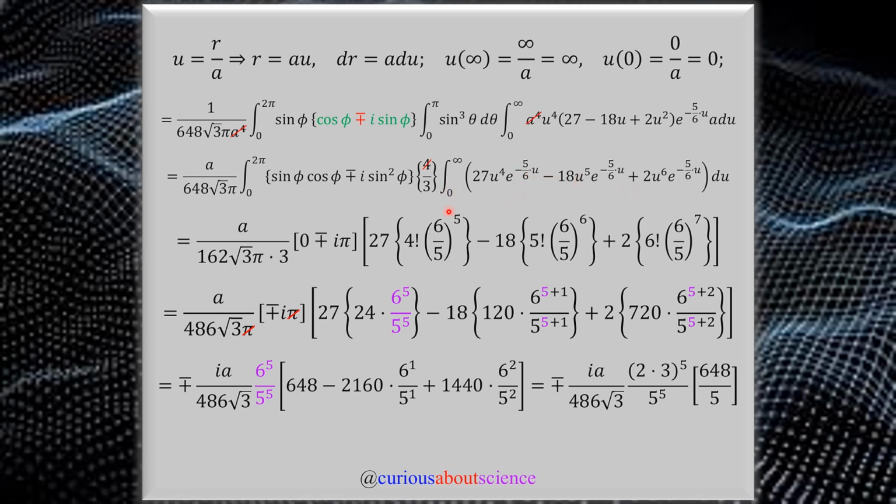Easy enough. Now this sine cosine leads to 0. And then we have i sine squared, so that leads to i pi. Okay, phi integral simplifies, fair enough. All that 3 gets multiplied there. And then we're just going to use the same tactic of simplifying this radial integral here. 6 to the 5th everywhere, factor it out, clean it up. You see that the i here now takes its stronghold up top with the A from right here. And now we just clean it up. Same thing, rinse, repeat, clean,